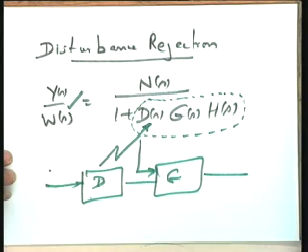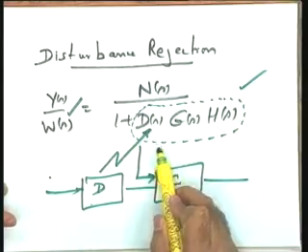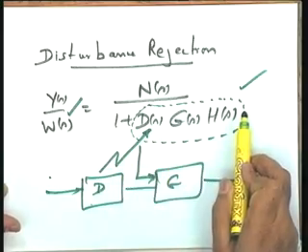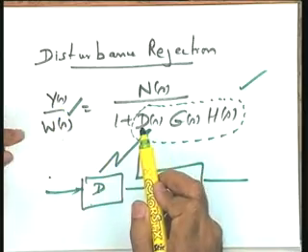And disturbances, as we have seen through our practical case studies, through our hardware examples, do come. In almost every case we have come across, we have seen that there was an effect of disturbance. So it means there is absolutely no alternative to feedback. You can never go for an open loop scheme, because in the open loop scheme the disturbances are going to directly affect the controlled variable. While in the case of feedback action, you find over here that by suitable control of the loop gain, I am talking of the loop gain again and again, through this particular thing I can control the effect of W(s) on output Y. Okay.